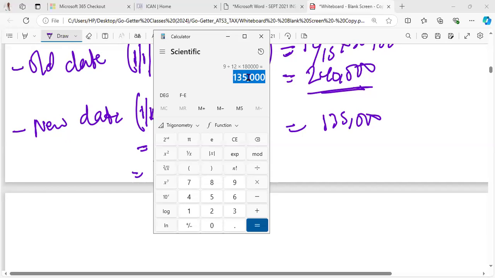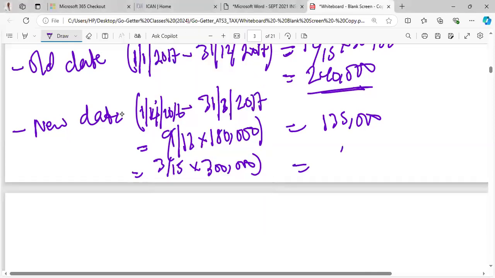So it's better I copy it now, because I'll need 135. So I've copied it just to be on the safe side. So I'll do 3 over 15 times 300,000. That gives me 60. So here is 60. So if I were to add these two together,